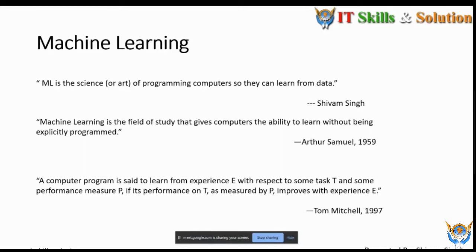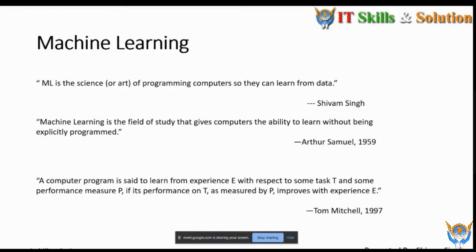So with the help of that data and that algorithm we build a model, and after building a model we measure the performance of our model, that how good our model is. Okay, basically whether your model is performing well, what its accuracy is, whether it performs good or bad. So we measure our performance. So this is the meaning of experience E with respect to some task T and some performance measure P. And I think now the definition is clear.